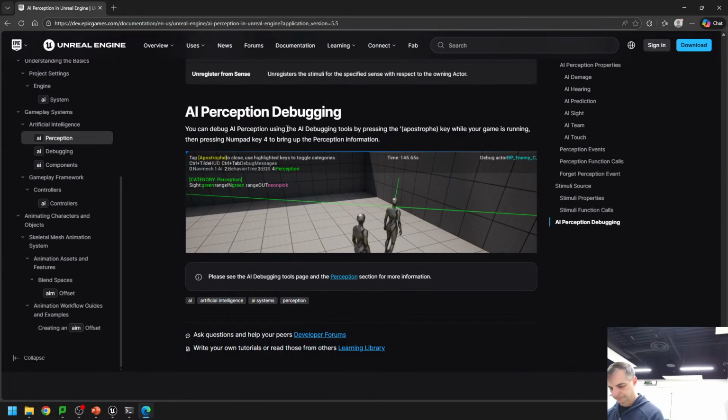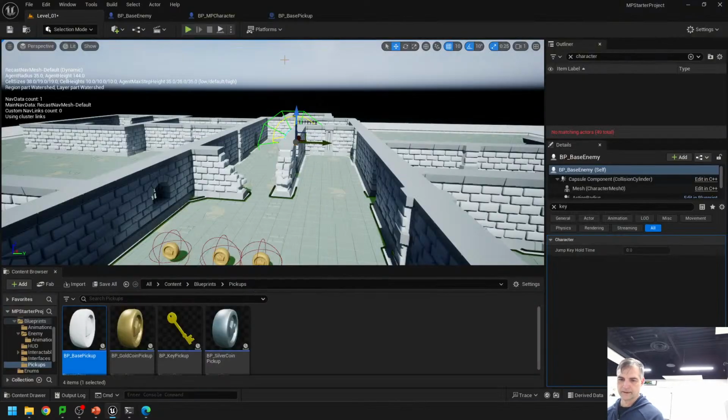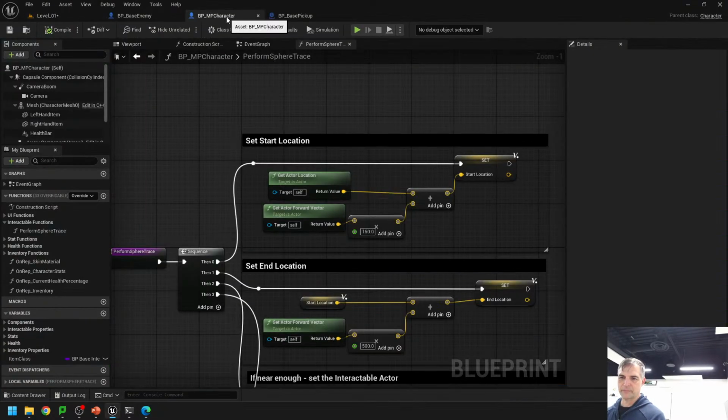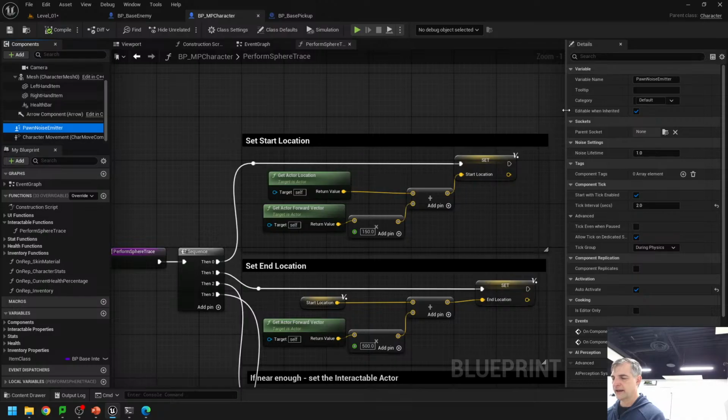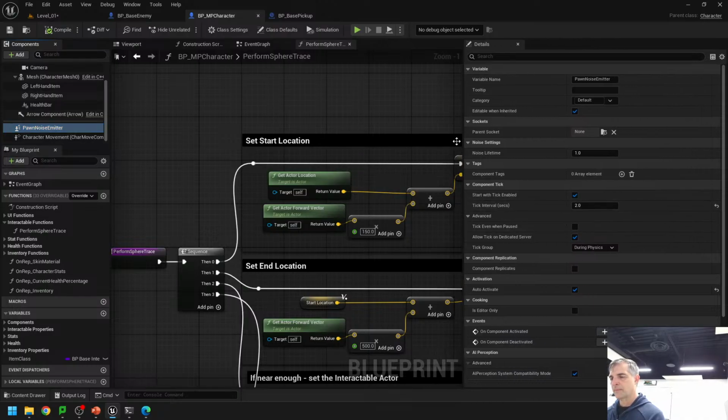Okay, so back to my character. So here is my pawn noise emitter, right? Now there's two events, on component activated and on component deactivated, right? And I can activate the component when I'm moving. So if I'm moving, it activates. So let's take that